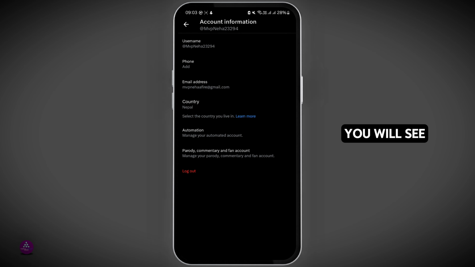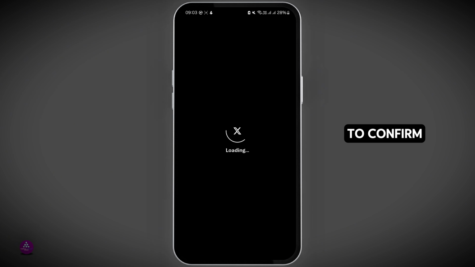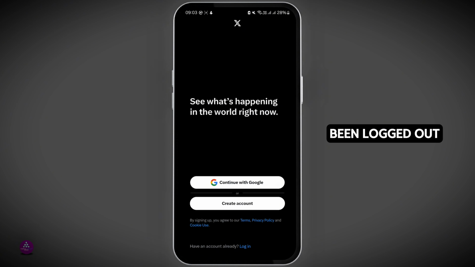In this section, you will see the option of Logout in the bottom that is highlighted in red color. Tap on it and then tap on Logout to confirm. You can see that you have been logged out of your account, and if you want to log back in,